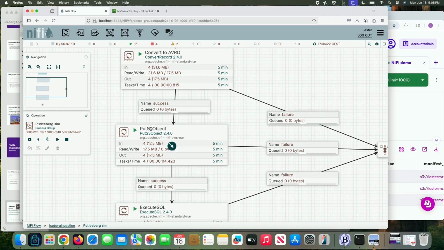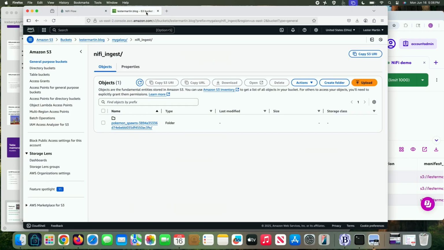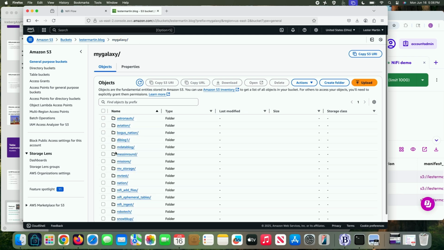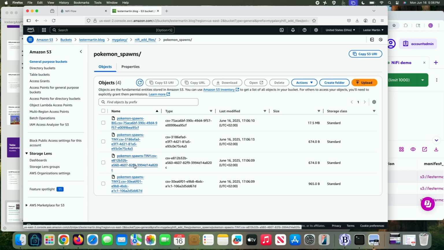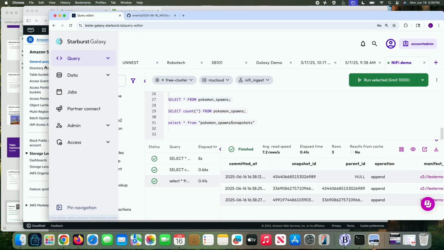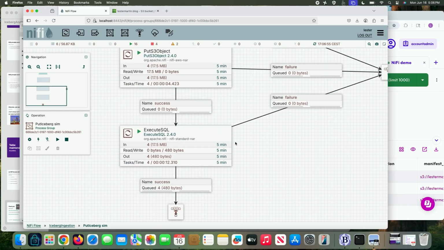We can look at that. It's going to drop it over here in this magical folder on S3, right over there. I know. NiFi, add files. So I just create a little pattern. It's a table name. So there's some files got thrown in there. That's great. And beyond that, I ran some SQL that said, it sounds like I said I'm going to use